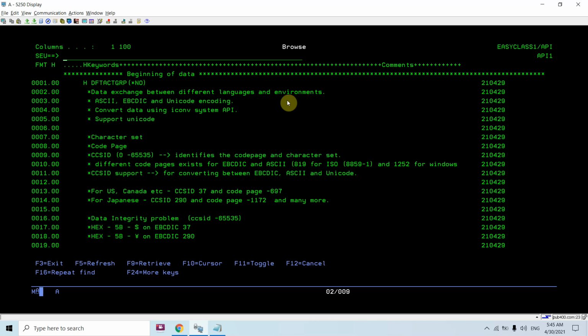But that is not the case with the character field. So once we implement Unicode encoding in our databases, we will not have any issues with these types of character sets, that is ASCII or EBCDIC. But as we all know, some companies are converting their databases to Unicode encoding or making them Unicode enabled, but not all.